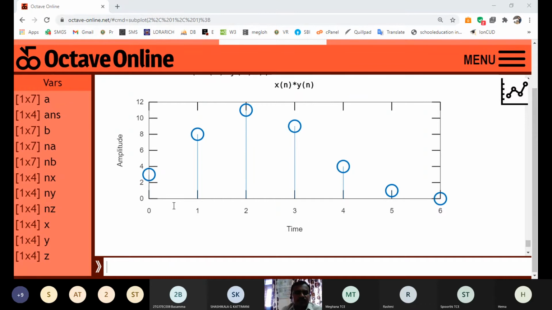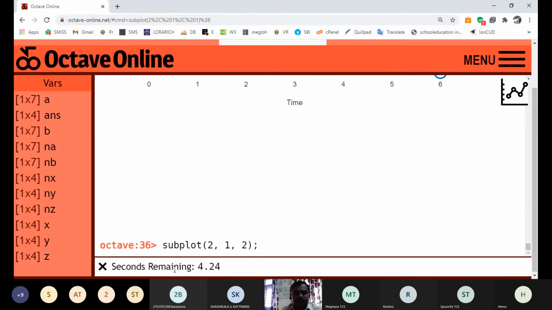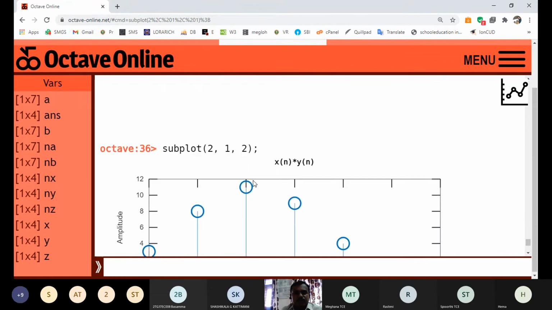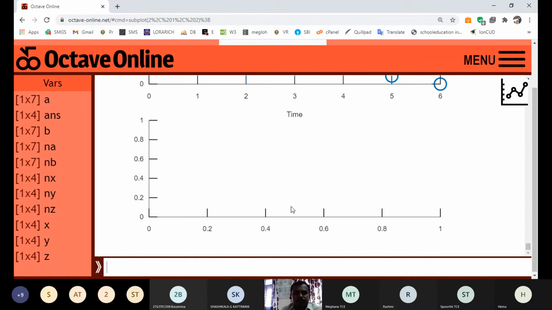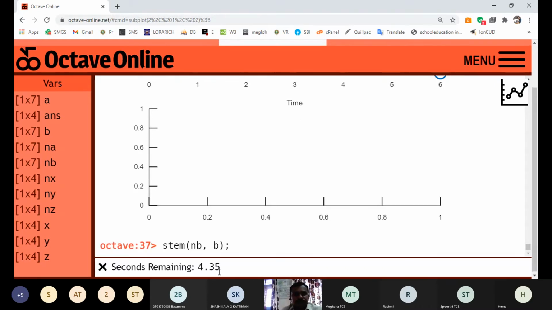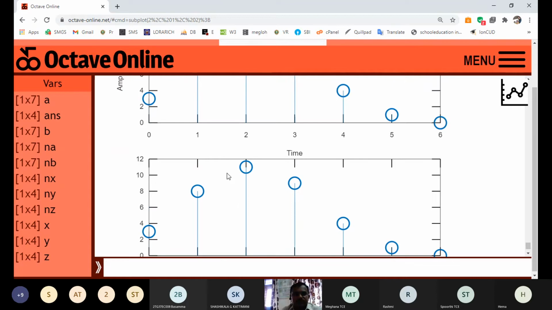Similarly, subplot, now I am drawing the second graph out of 2. And this one is RHS. What is RHS? It is the B signal with its length, so B with its length NB. Yes, it is drawn.